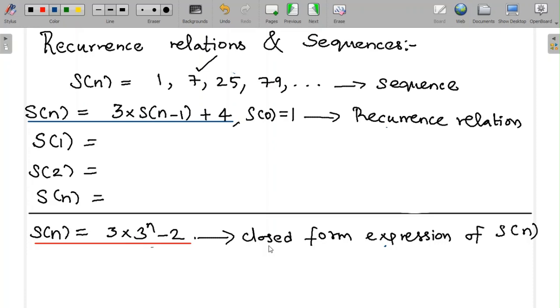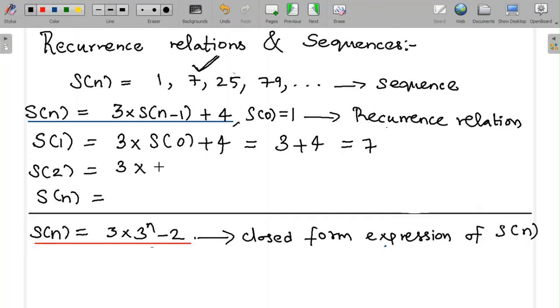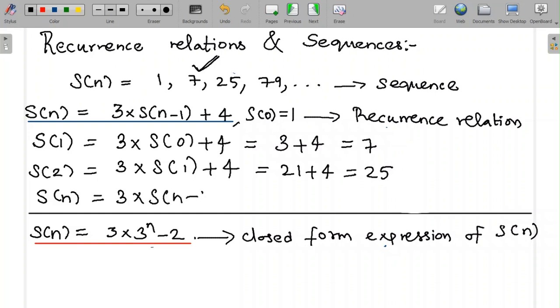Now, as long as we know S of 0 is equal to 1, I can determine S of 1 as 3 times S of 0 plus 4, which is 3 times 1, 3 plus 4, and 7. This is what we have here. And if we know S of 1, we can find S of 2 as 3 times S of 1 plus 4, which is 3 times 7 plus 4, which is 21 plus 4, 25. Likewise, if I know what the n minus first term is, I can define S of n based on this